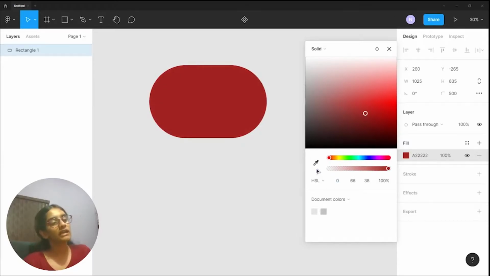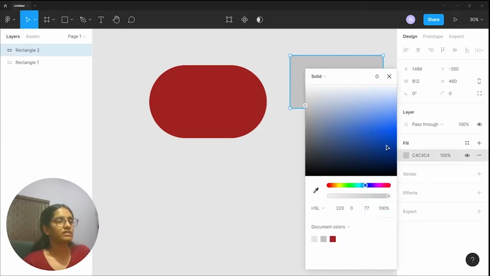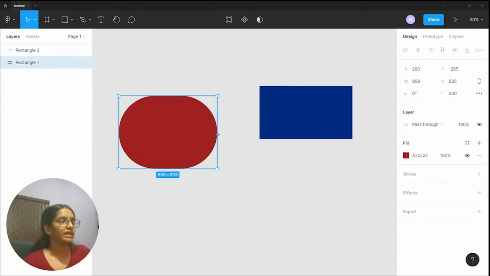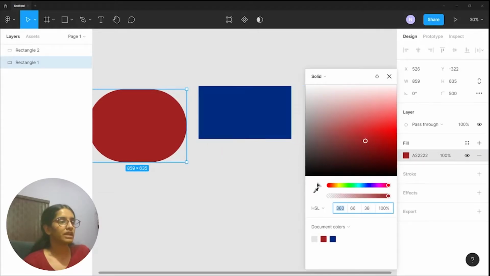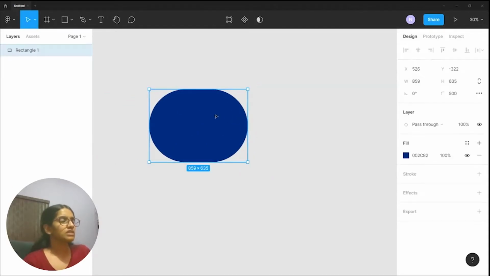You can also use the eyedropper tool. So the eyedropper tool is essentially used to draw a color from any other element. So say suppose I have a rectangle drawn right over here, and I change the fill color of this to maybe a blue shade, and I want this rectangle of mine to have the same color as well. So all I have to do is select it, head over to my fill properties section and use the eyedropper tool to fetch the color from this element. I'm going to select it and draw my color from here. Right, so you can see right now I have the color in this rectangle as well. So this is how the fill property works.